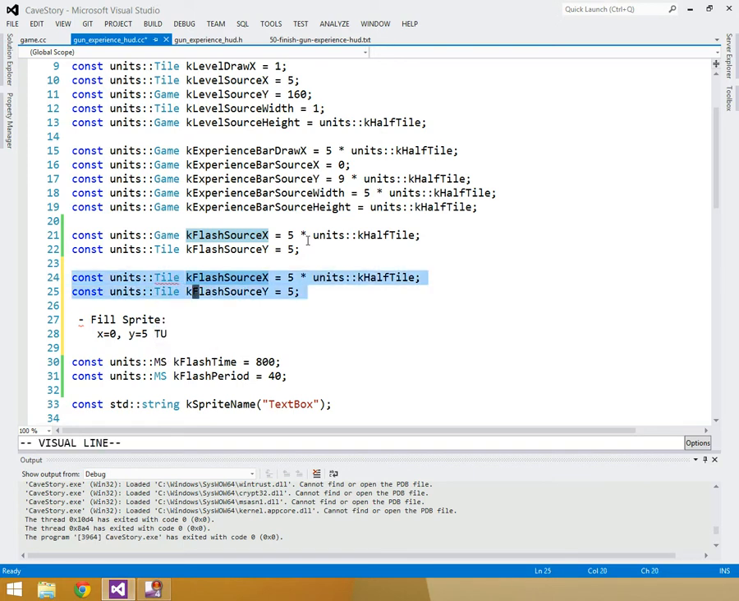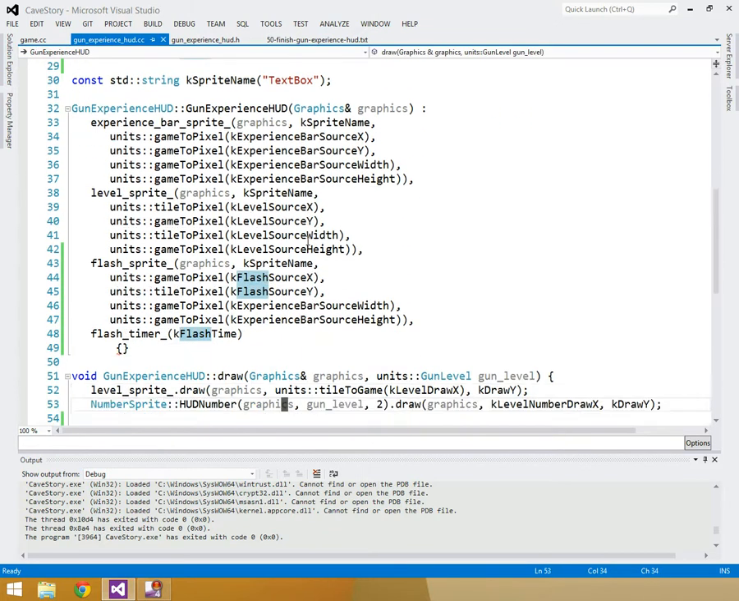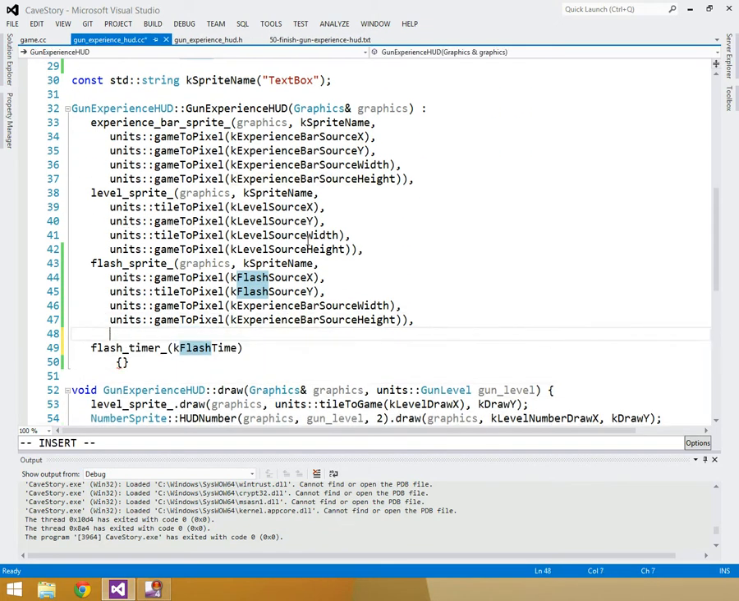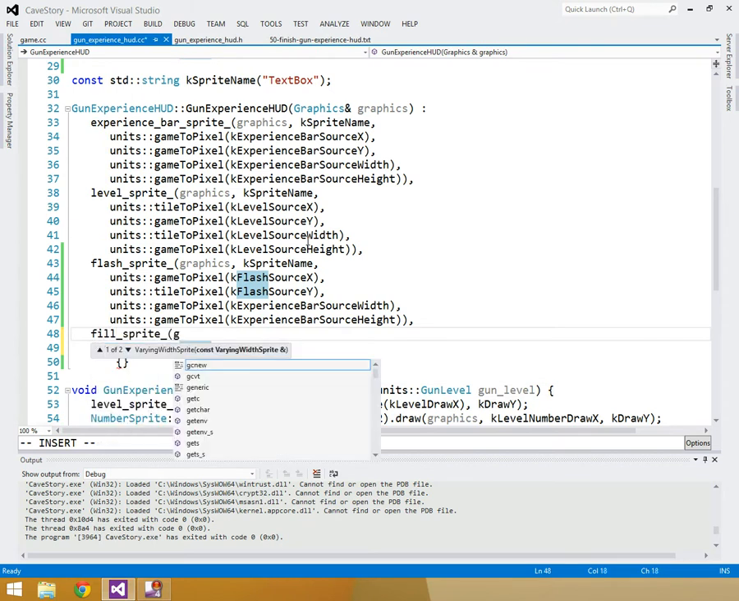Tile, instead of flash, it's going to be fill, and it's going to be 0 and 5, yes. And right after our flash sprite, we will initialize our fill sprites with graphics,